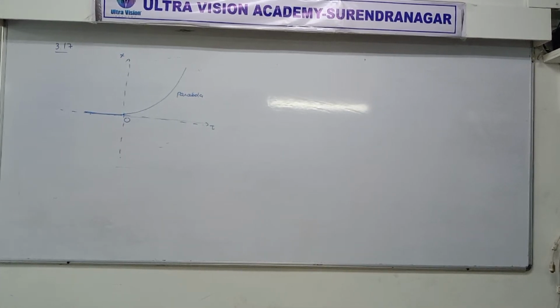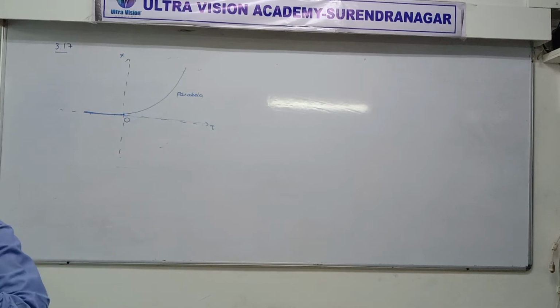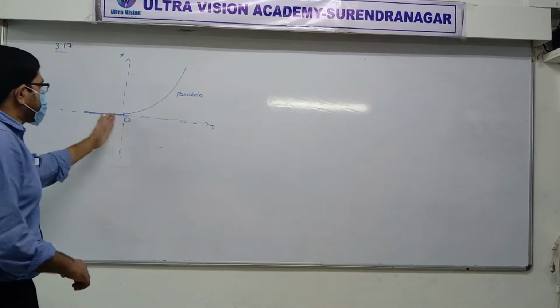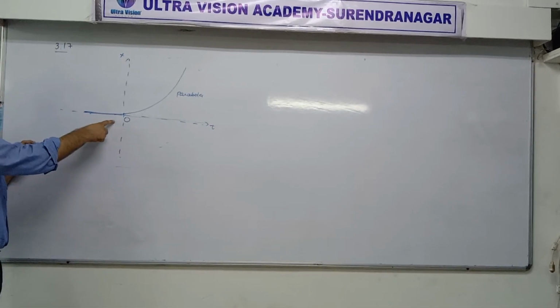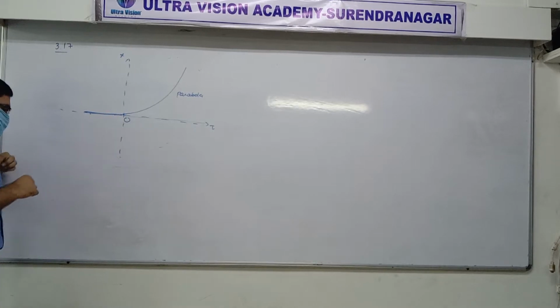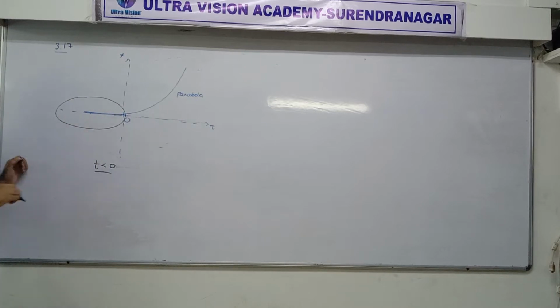Okay, so it says figure shows the xt graph of 1D motion. One-dimensional motion means motion on a straight line. Okay, suppose only on x-axis. Is it correct to say from the graph that the particle moves in a straight line for t less than 0? Okay, focus on t less than 0 means this part. Here the graph is a straight line. Then is it correct to say that particle is moving in a straight line for time less than 0? That is in this part. Is it correct to say that particle is moving in a straight line?